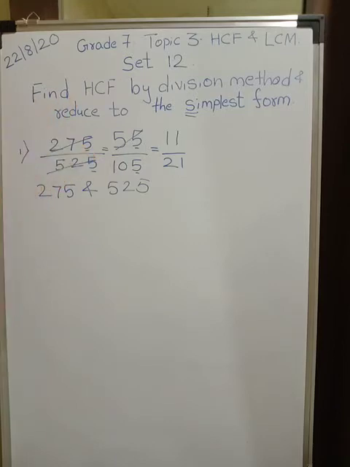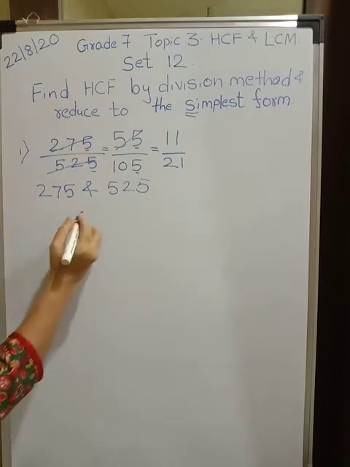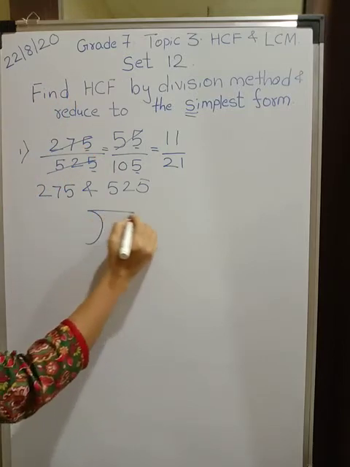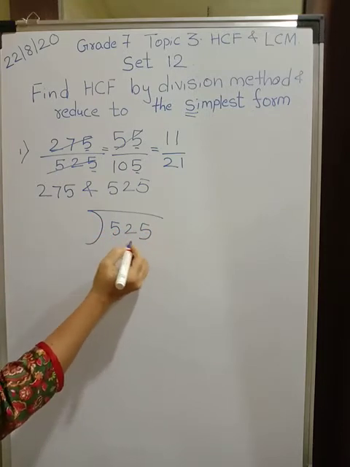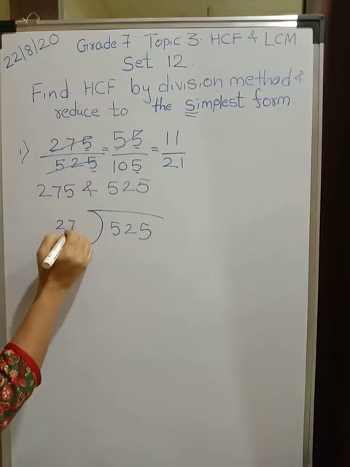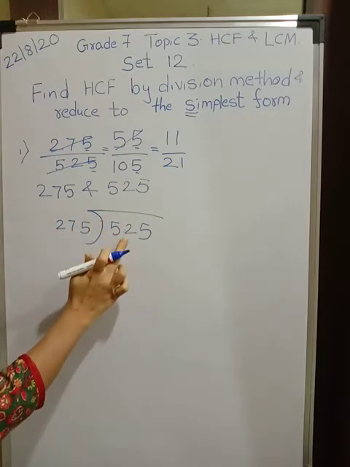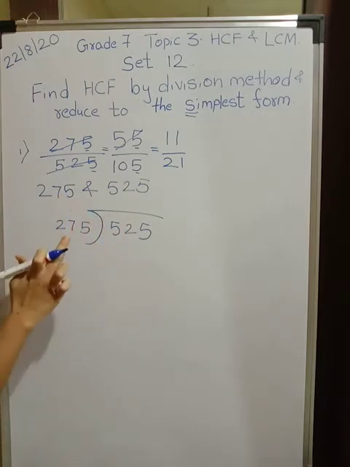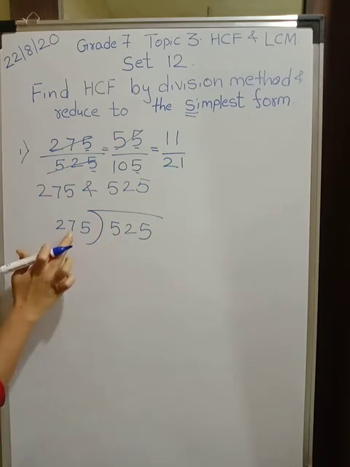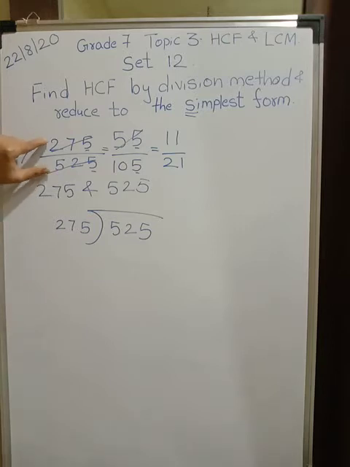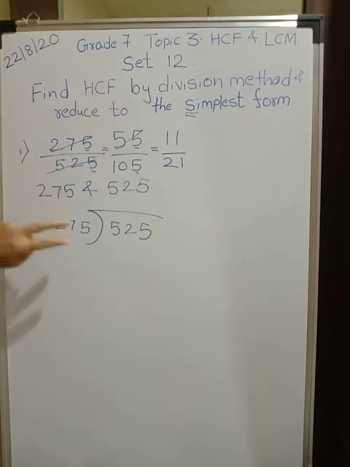Now by finding it by the division method, you should always remember the bigger number will come inside, and we are going to divide this number by the smaller number. So the bigger number is over here and the smaller number will act as a divisor. This is the dividend and this is the divisor. What we generally take into consideration is numerator upon denominator, dividing numerator by denominator. That way you will go wrong.